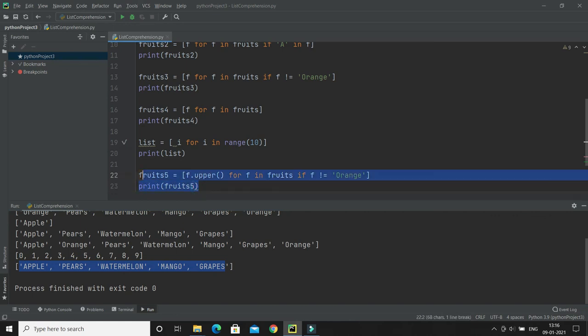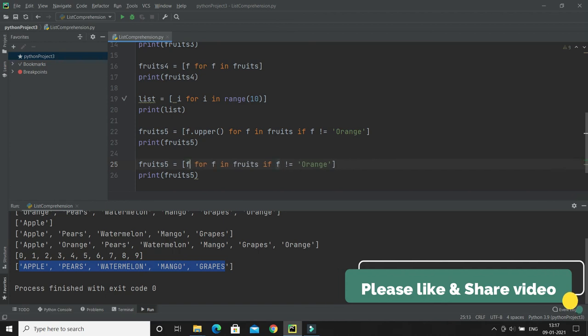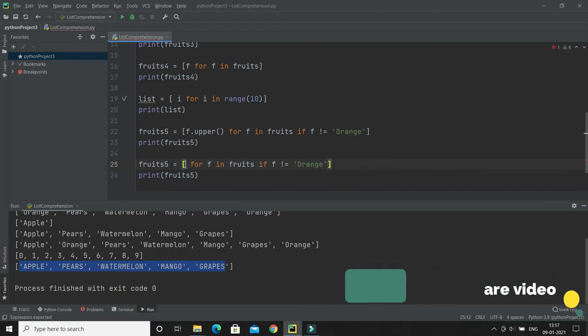Apart from that, let's say you want to get a new list, fruits 6, and you want to replace all the items with kk. Here I have given a string literal.